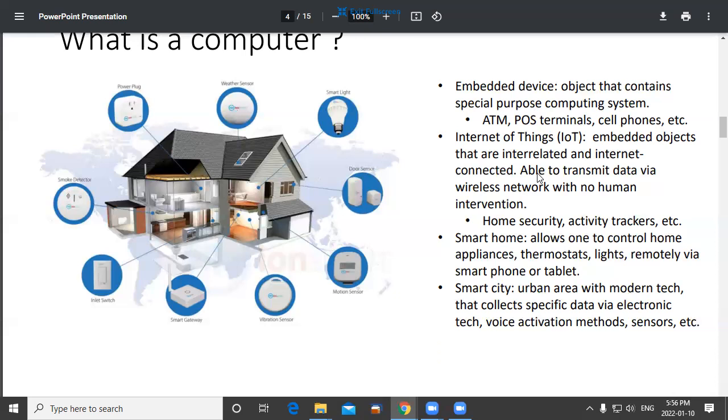So we've got computers in our motorcycles, we've got computers in our cars, we've got computers all over our house. You could have computers that sense when the door is open, when the door is closed. So there's a motion detector, and when that happens, then a video starts. You know, we have alarm systems.